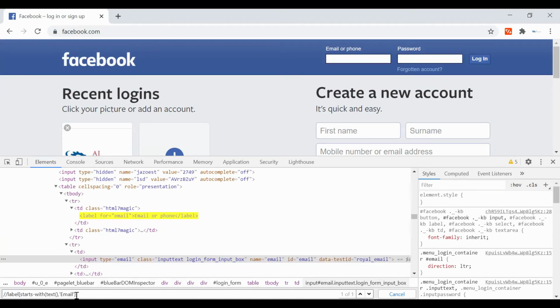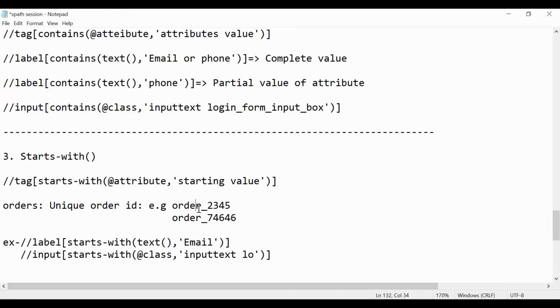If you provide, for example, phone, it shows 0 because it's not able to identify that web element. You are using starts-with, so you need to provide only the starting value. The ending value is not applicable for this starts-with function. So keep in mind, always provide the starting value of the attribute. Okay, starting value.